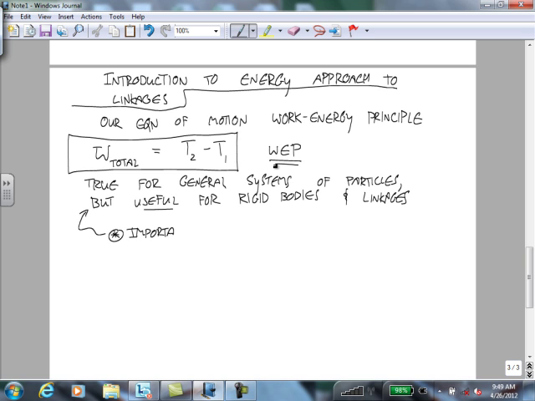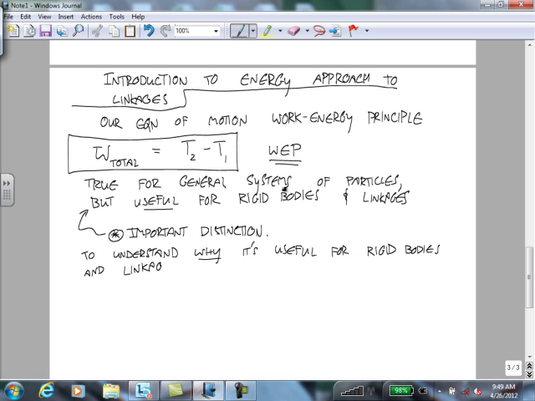Just because it's true doesn't mean that it helps us at all. So to understand why the work energy principle is useful for rigid bodies and linkages, let's first think about Newton's second law. Okay, so Newton's second law says,